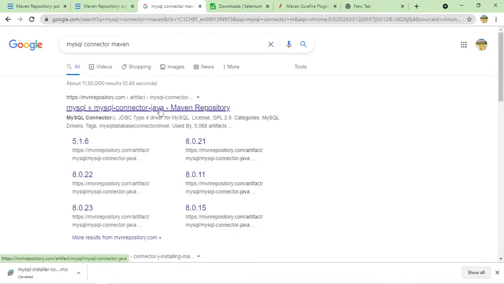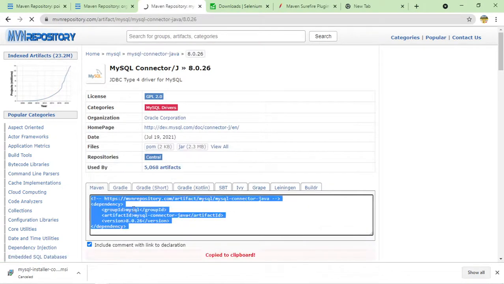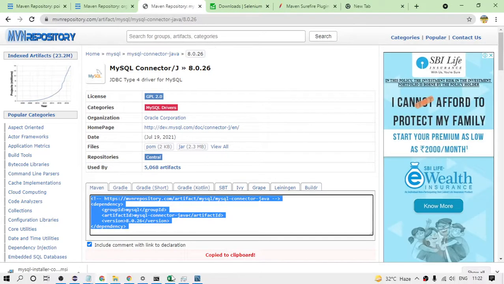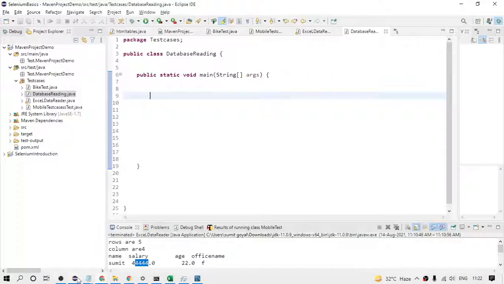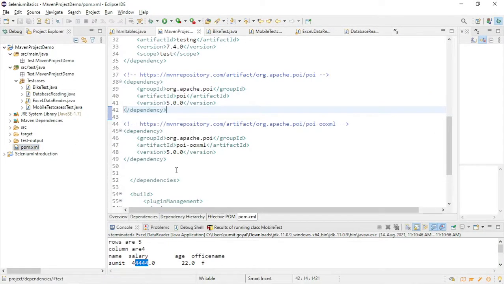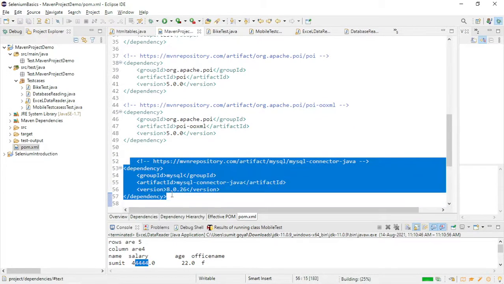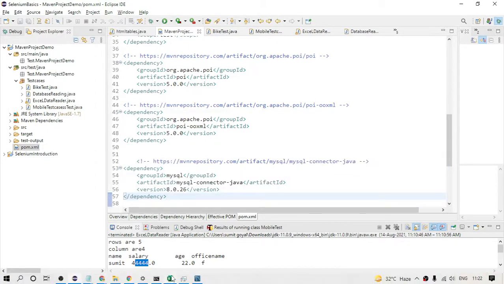So this is the one. Go to this one. Okay, this is the one you need to get from Maven. Let me paste it here. Again, in the same dependency stack, we need to paste it and save it. You need this so that you can form a connection, because if I show you,